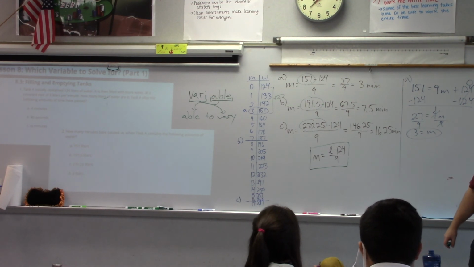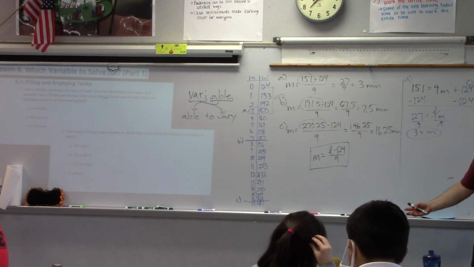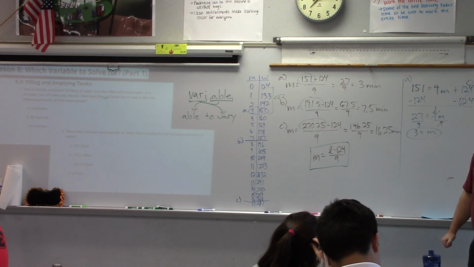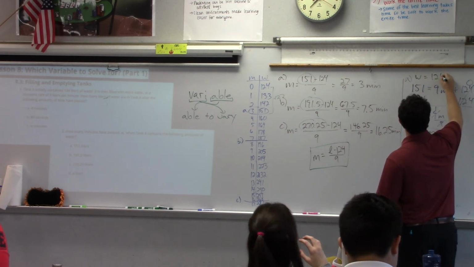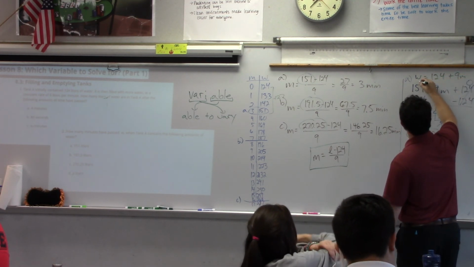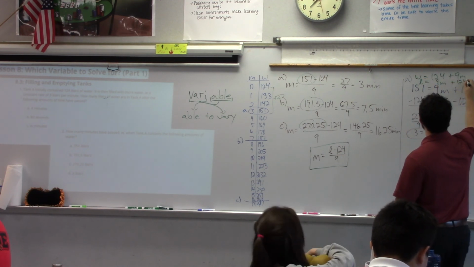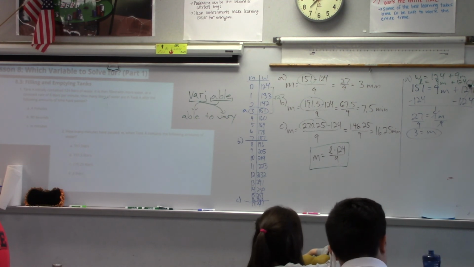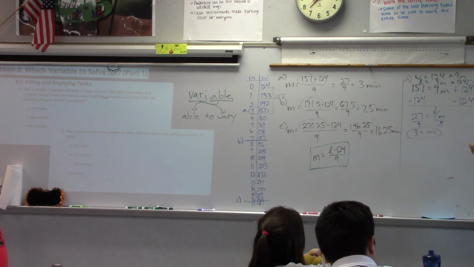I believe it came from number 1, didn't it? What's the equation? There's an equation you wrote in number 1 that you're using right here. Oh, W equals 124 plus 9M. Which notice that's equivalent to L equals 9M plus 124. Do you see those two equations? Yeah, there's a commutative property there, but I'm just pointing out that this is what Alana used. She used this equation to get started.